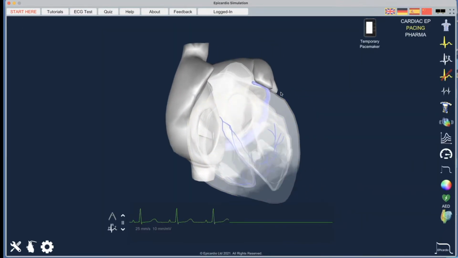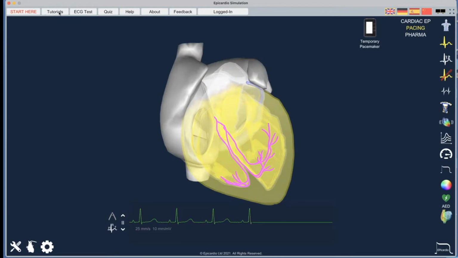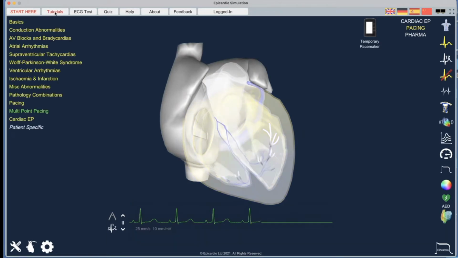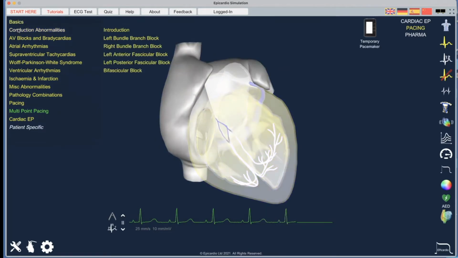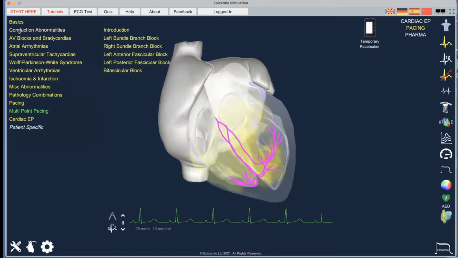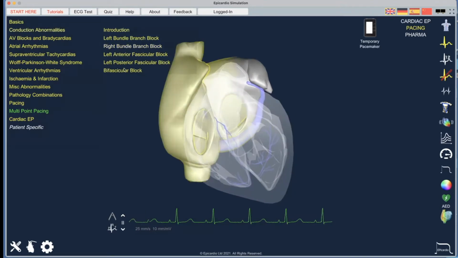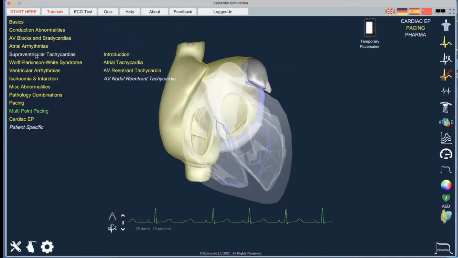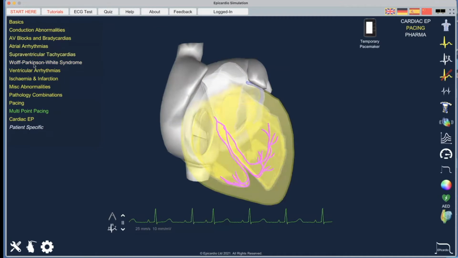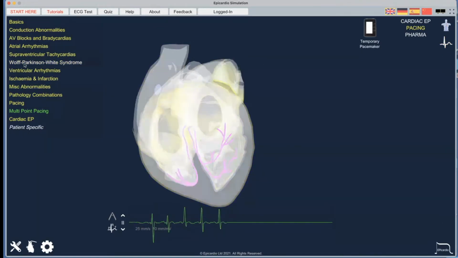Now, the interesting bits will start when you go into the tutorials. Every tutorial is designed to start with very basic information and go into pathologies, all grouped. For example, conduction abnormalities like left bundle branch block, etc. AV blocks and bradycardias, arrhythmias, atrial arrhythmias, SVTs, WPW, etc. And then further down, you go into the pacing tutorials. Let's go to, for example,